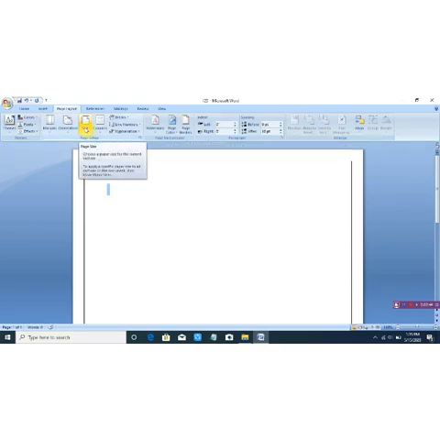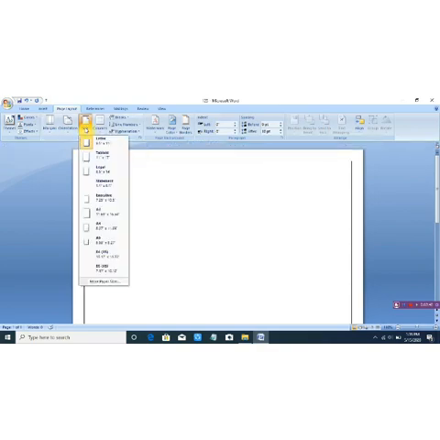Now come to the size. Again you can see different sizes given: letter, tabloid, legal, statement, executive, A3, A4, A5, B4, B5. Most of the time we create a document on A4 sheet paper, so we will click on it.